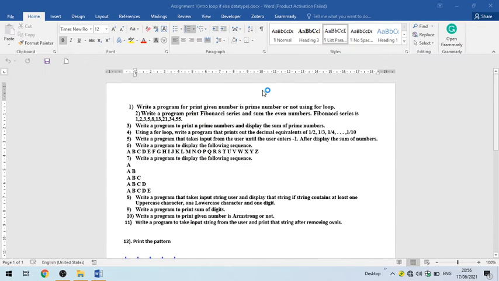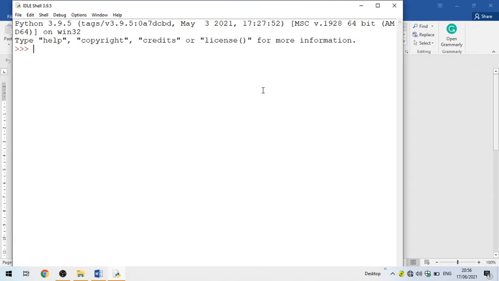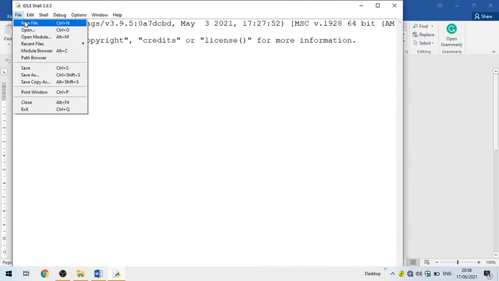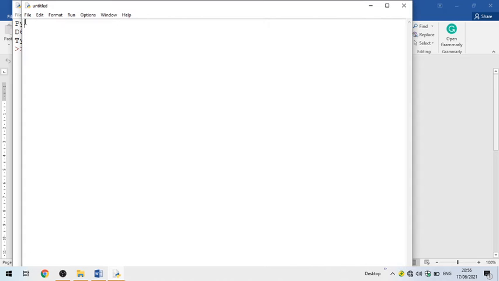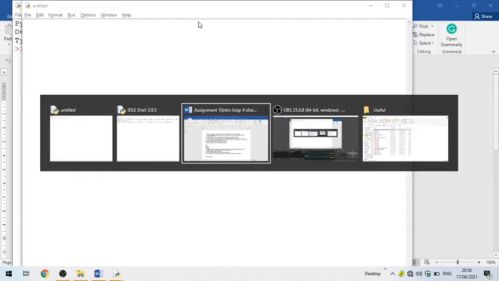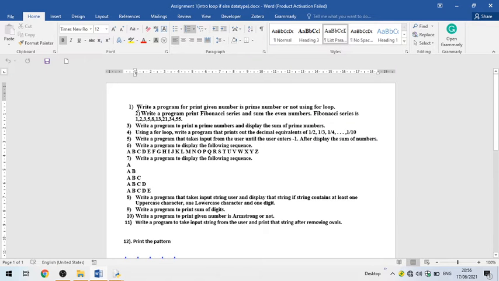Okay, this is my Python editor. I will create a new file. So the first program, what is the first program? The first program is the Fibonacci series program.